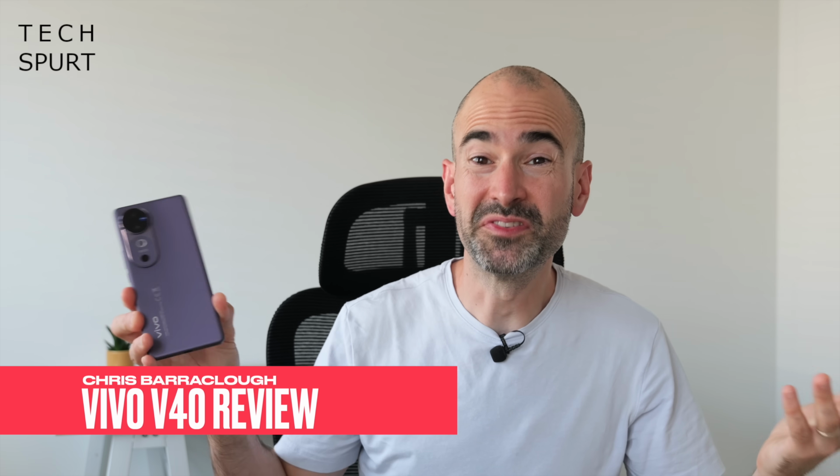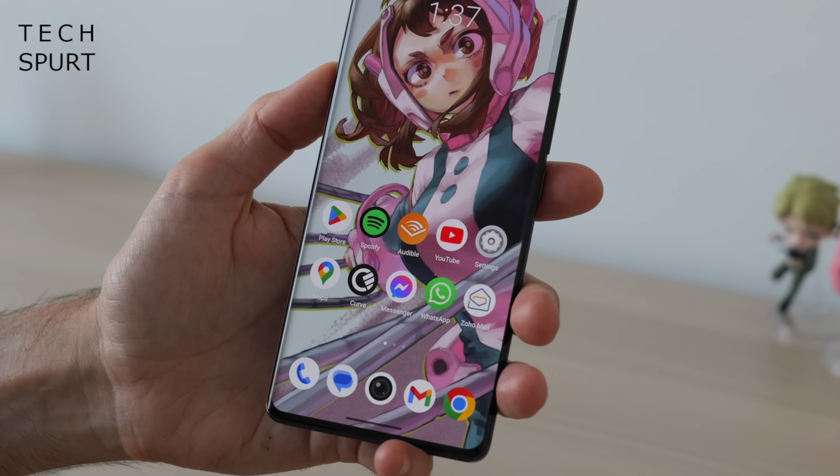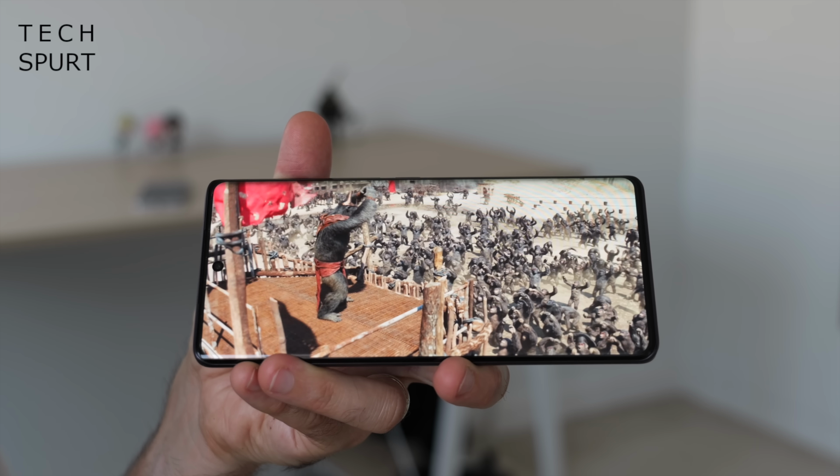I swear to God, in 2024 there's been more smartphones than rioting idiots. I mean, it's not even been 6 full months since Vivo chucked out its V30 phones, and yet here I am clutching the successor to that Vivo V30, the Vivo V40, which I've had my SIM secreted inside of for these past few days. And because of the short launch timeframes here, it's not exactly shocking that the Vivo V40